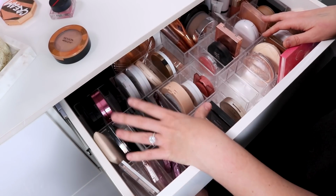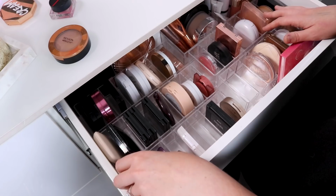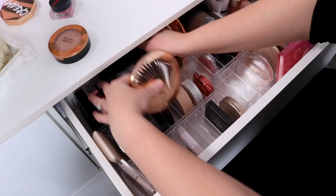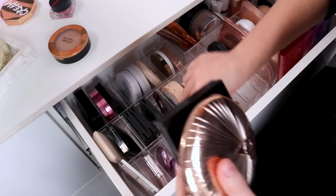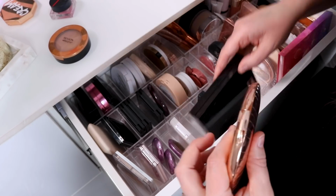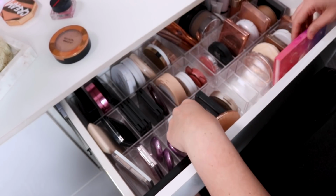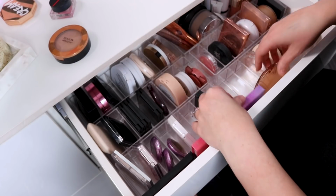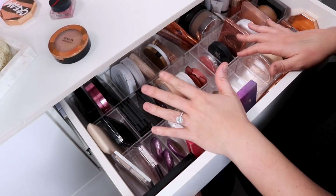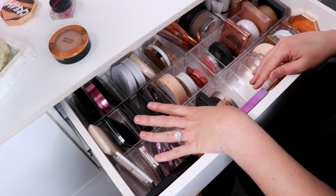But I just don't know how else better to fit these in here right now. So we're going to stick with this. And actually what I'm going to do, because this is way too hard to get out, I'm going to put these like that, I think. So it's not ideal and I don't want to keep it this way, but for now this is the best